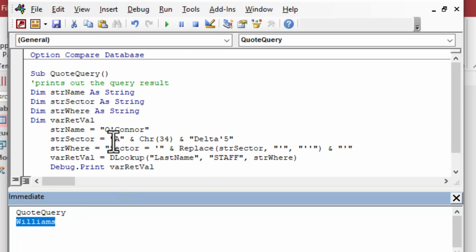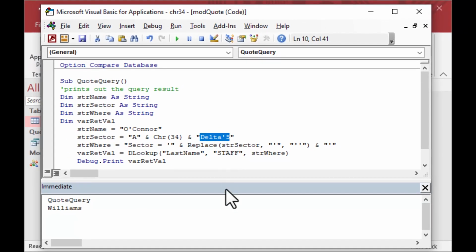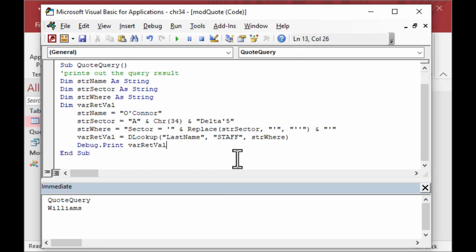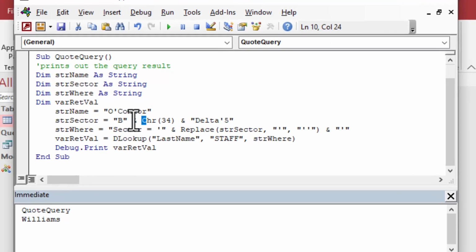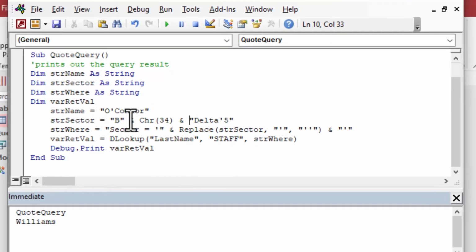That's great. What we did there was we took that A, we put a double quote after it, and then the rest of the string that we want to look for. And that worked great. And what if we had something a little more complex that we're looking for, like that second lookup with all of the double quotes in it? Well, that would be kind of similar to what we have here. You could use the double quote method where you use double quotes, but as I mentioned, I like to put in my character 34s so that it's very specific, and then we can have our 3 single quotes,